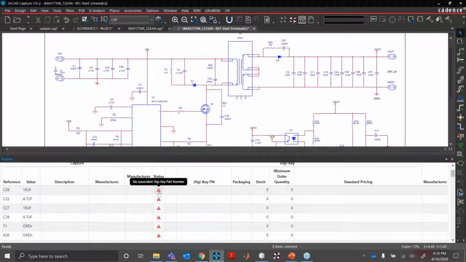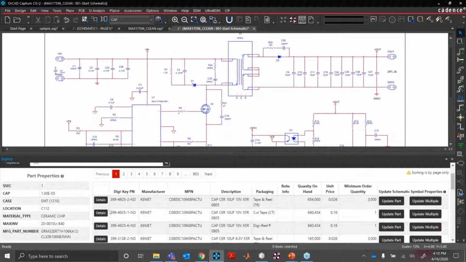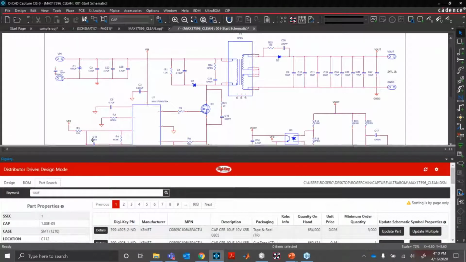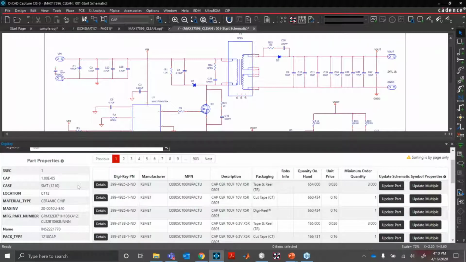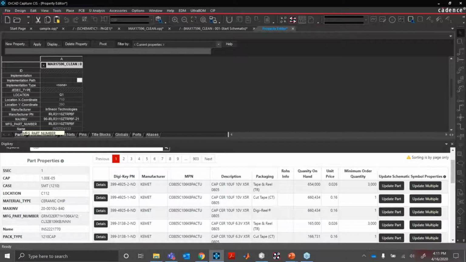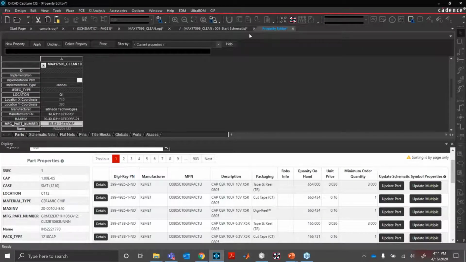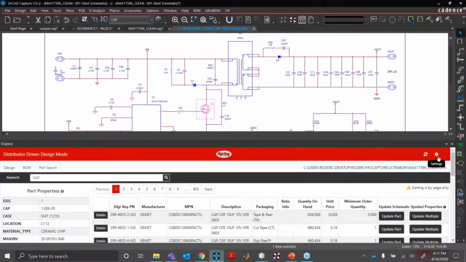I can simply hit on this button and it will go and do a part search for that component for me. Now, by default, it will look for certain fields to search from Digi-Key. So here, it's only searching by 10 microfarad because it was not able to map this manufacturer part number field inside UltraBOM. You guys might see that because your components, let's say if you take a look at a part here, they call their manufacturer part number MFG underscore part number. So in order for us to properly map that part to Digi-Key, we need to go into the settings option